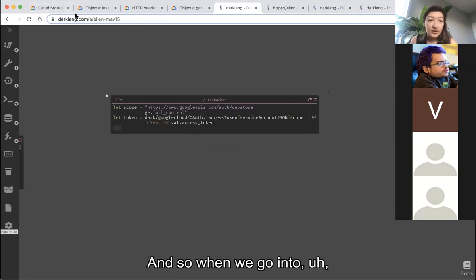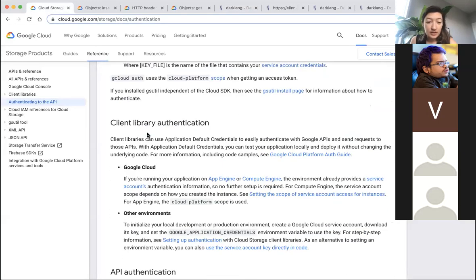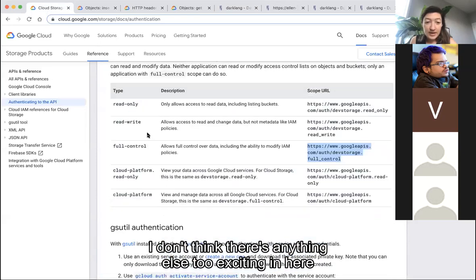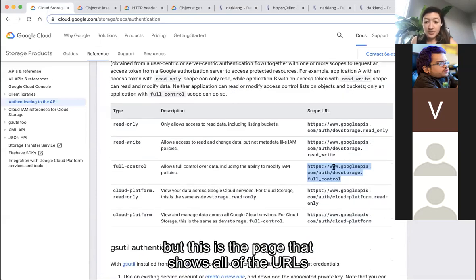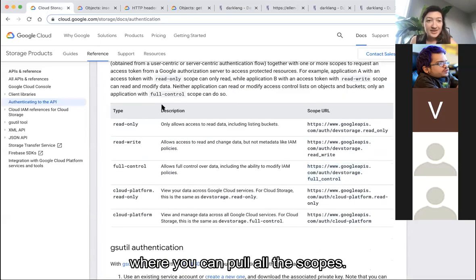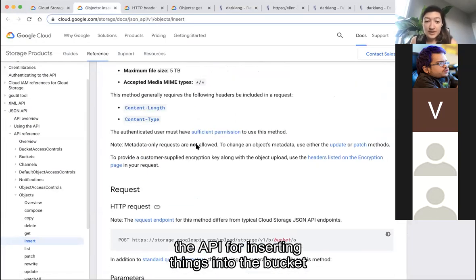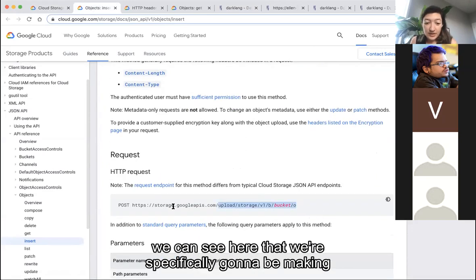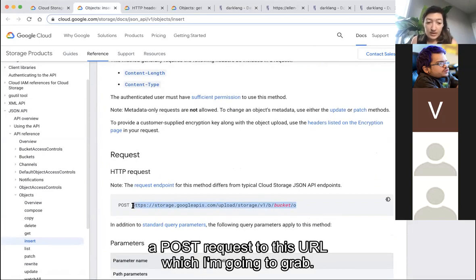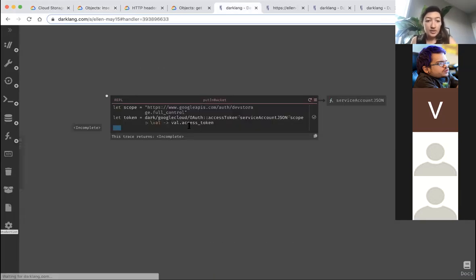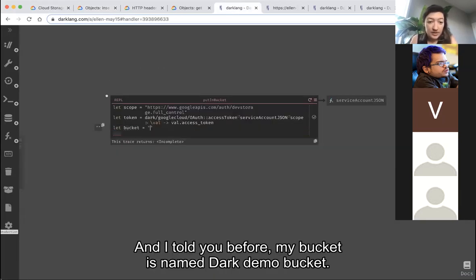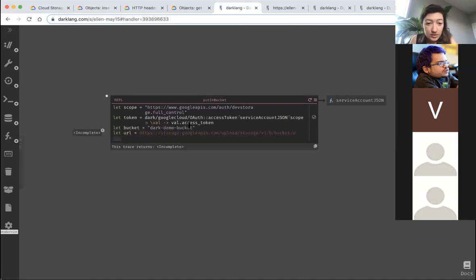I don't think there's anything else too exciting in here, but this is the page that shows all of the URLs where you can pull all the scopes. And then when we move to specifically the API for inserting things into the bucket, we can see here that we're specifically going to be making a post request to this URL, which I'm going to grab. And I told you before, my bucket is named dark demo bucket. And then URL equals